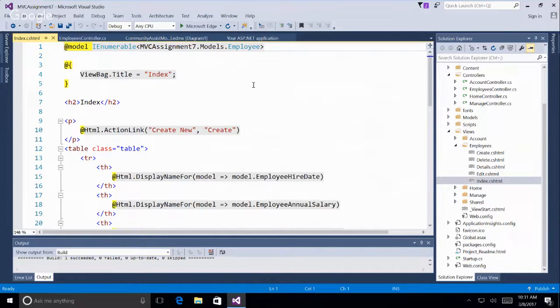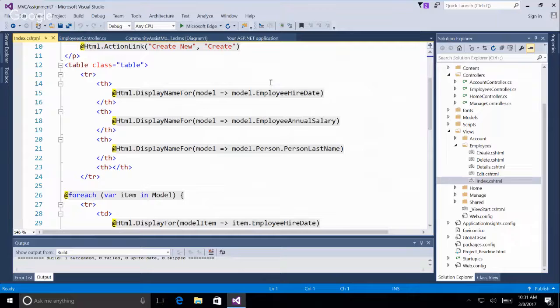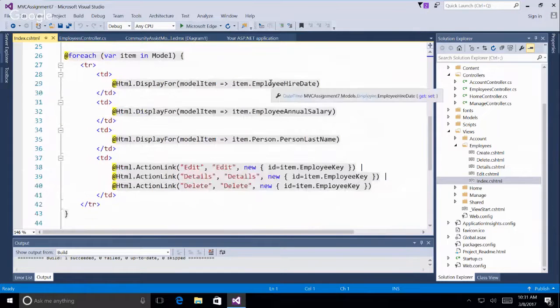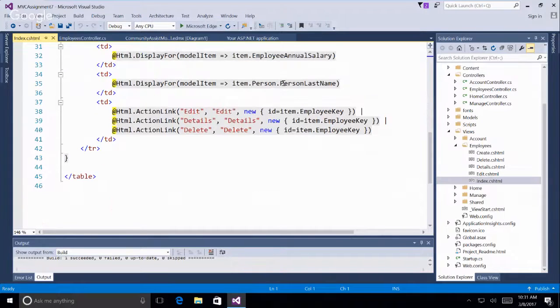We've got the display name for, and it basically gets the display name out of the model. And I'll show you how that works. And then there's a for each loop, where it goes through and gets the data. And at the end of each one of these, there's an edit, details, and delete, which we can remove when we do that because we aren't going to do all of those. If I run this,